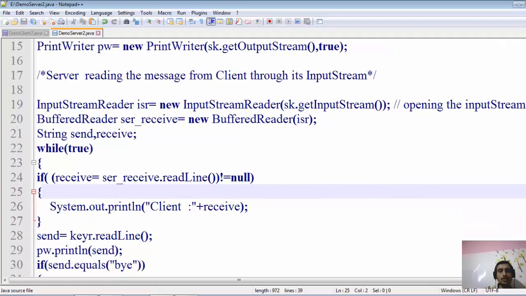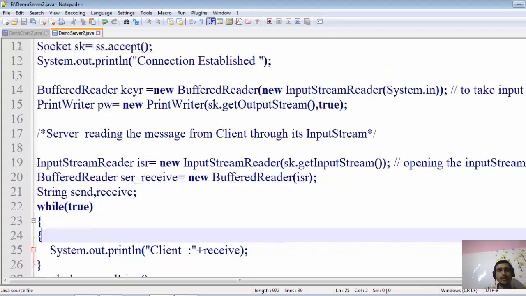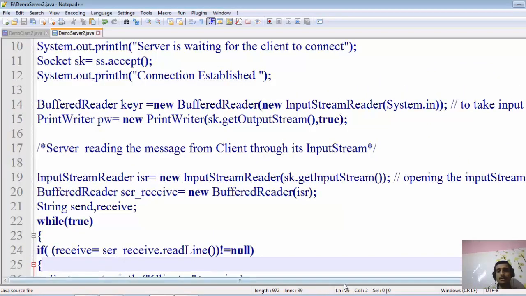Now our objective is, we have received also, now we have to send. The server must send some data to the client now. It will respond to the client. So I have created an object. Here you can see, again these lines have been pasted here. Now the buffer reader will be opened for this particular server, in which the server is now in a position to take input from the keyboard. So the input will be taken with the help of the buffer reader.